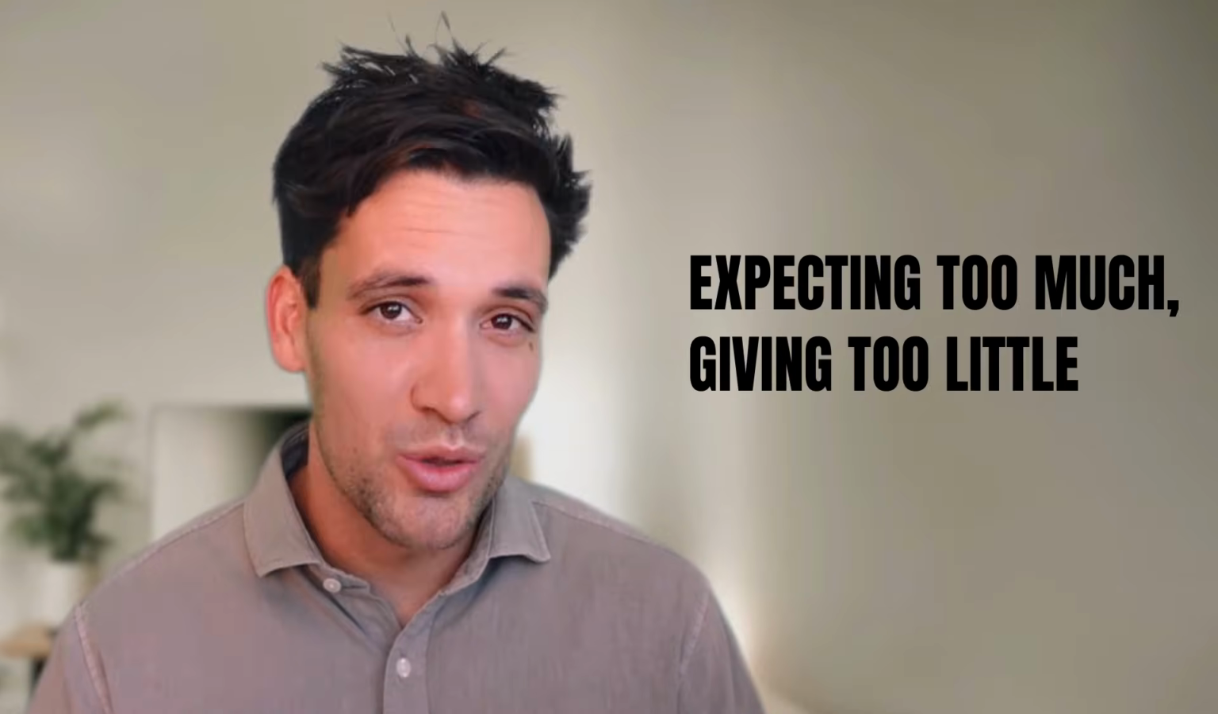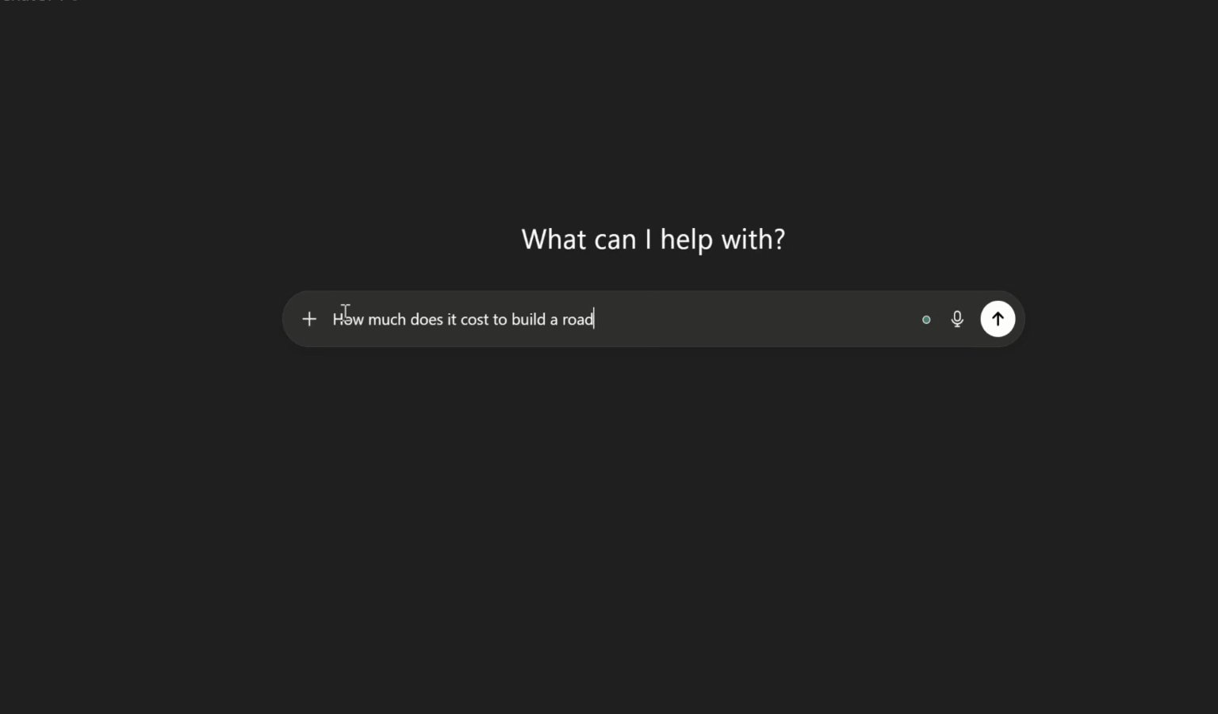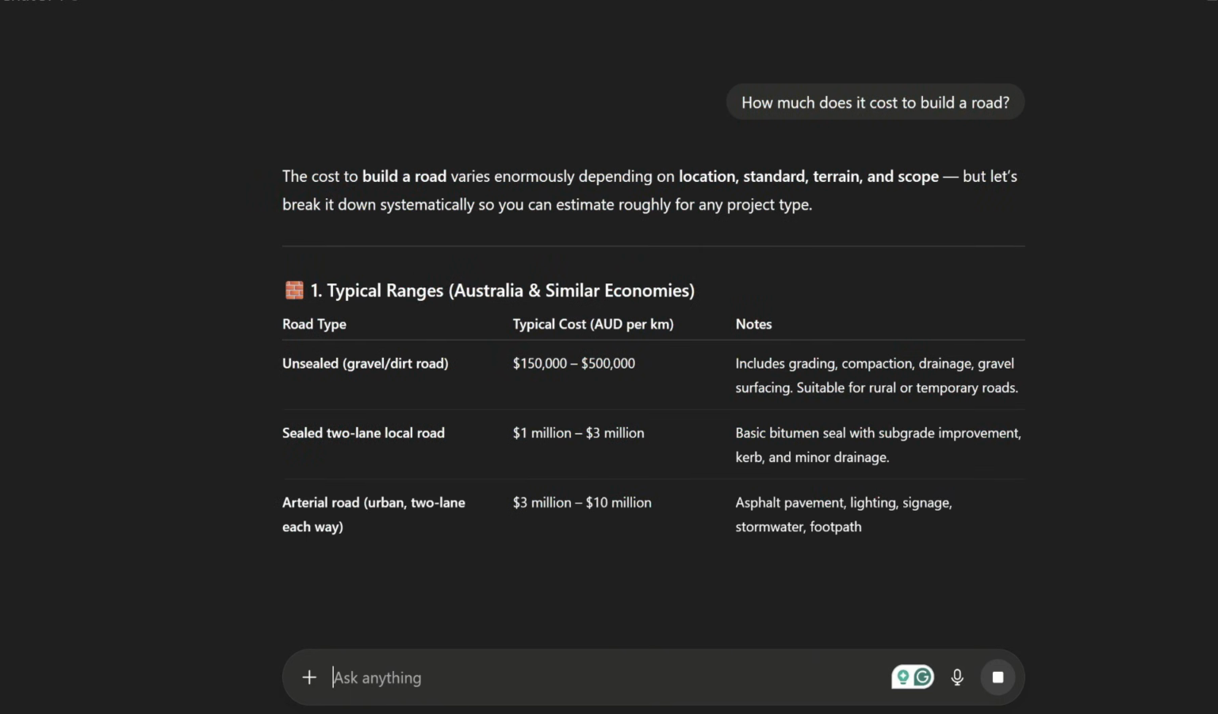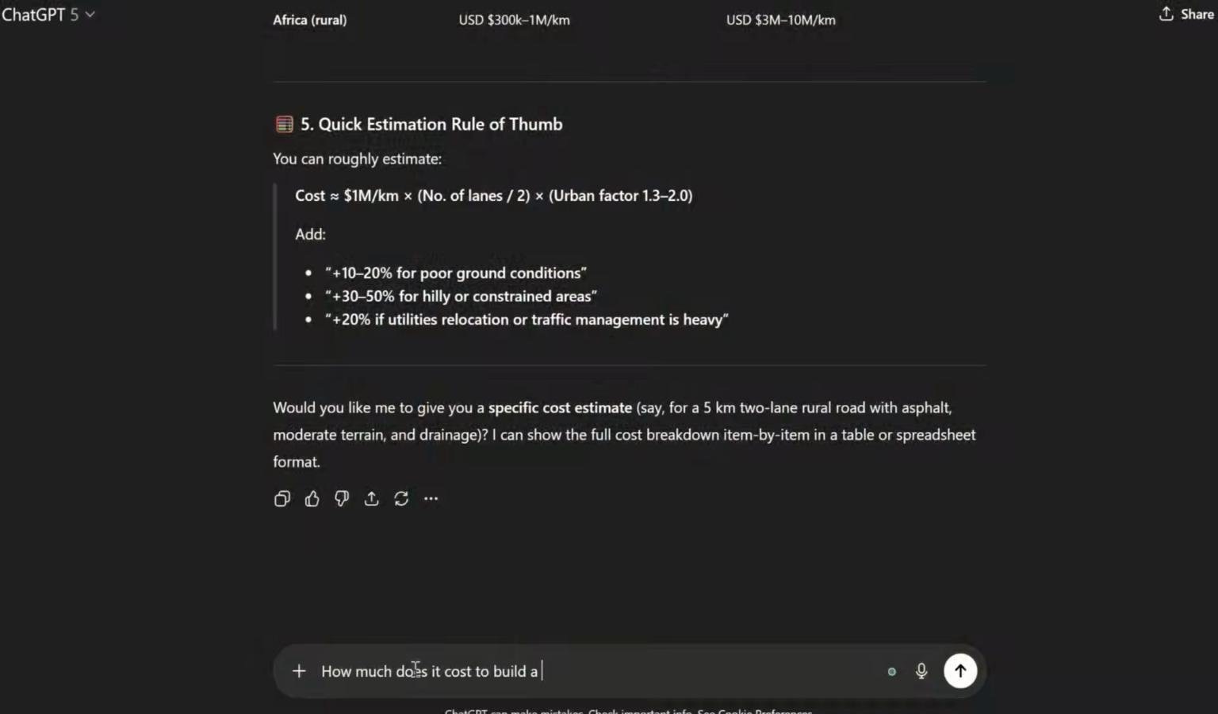Have you tried ChatGPT for estimating and concluded it was useless? Chances are you're expecting too much from it and giving it too little information. If you ask ChatGPT to estimate the cost of building a road without any other context, it'll do an absolutely terrible job. If you tell it where the road is, the key quantities, design details, surrounding features, it'll do a